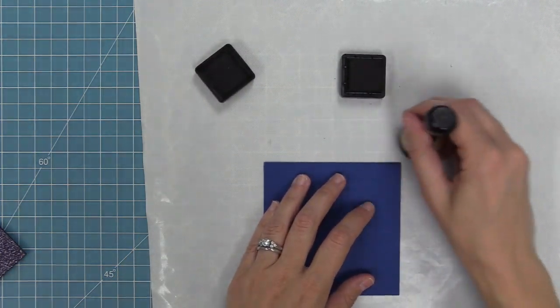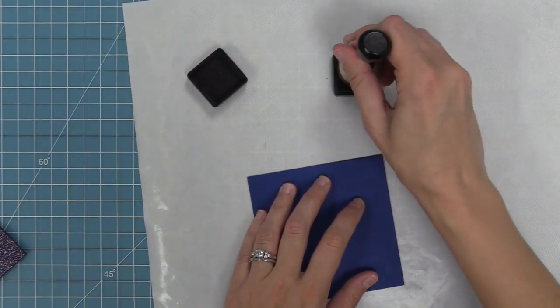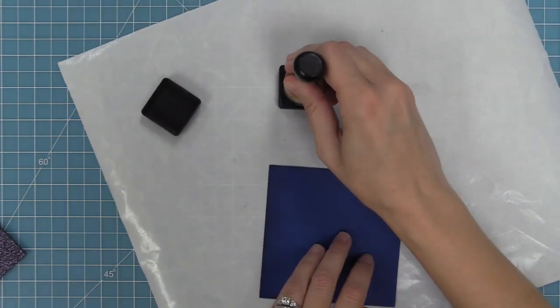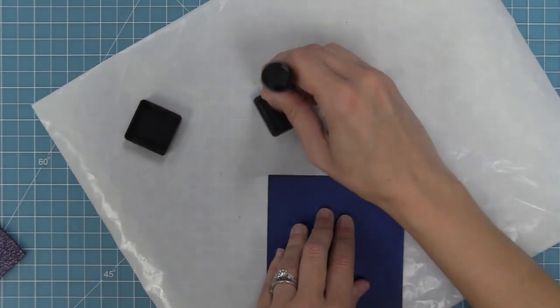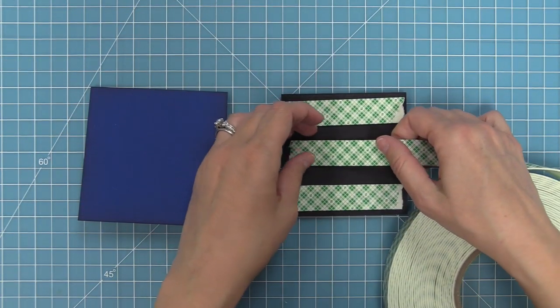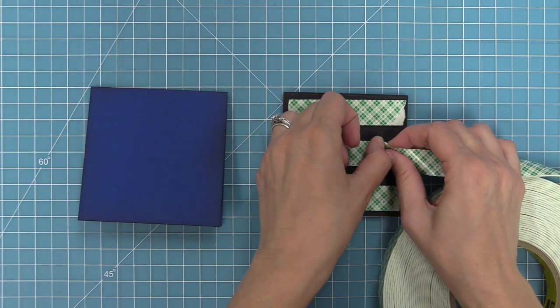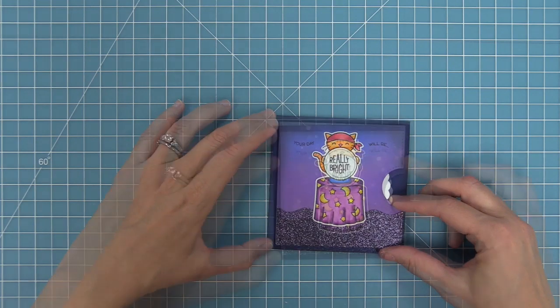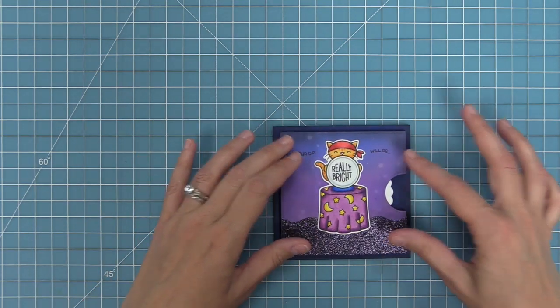And that's going to help take our Blue Jay cardstock, make it a little bit more inky and custom, and also darken it up so that it matches the front of the card a little bit better. We'll add some foam tape to the back of the reveal wheel mechanism, and then we can layer that onto the card base. I always like to put foam tape on the back because it's a little bit easier for